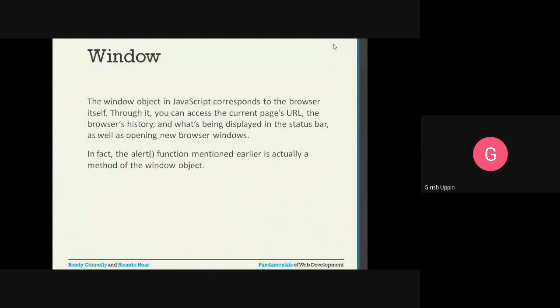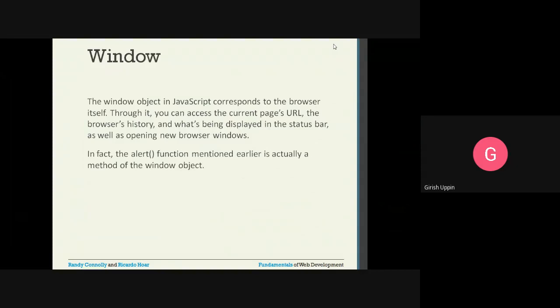The window object in JavaScript corresponds to the browser itself. Whatever the browser the JavaScript is inside, that itself is the object.